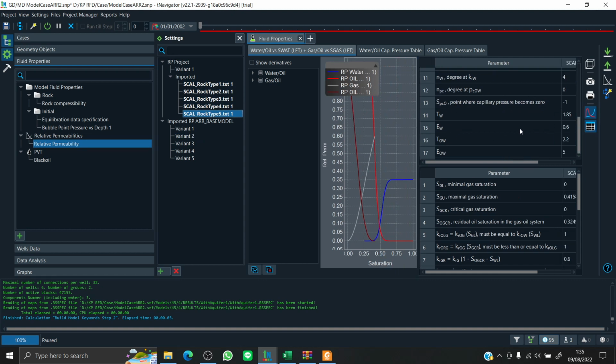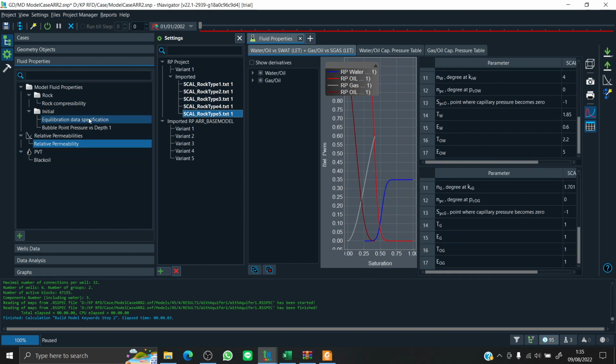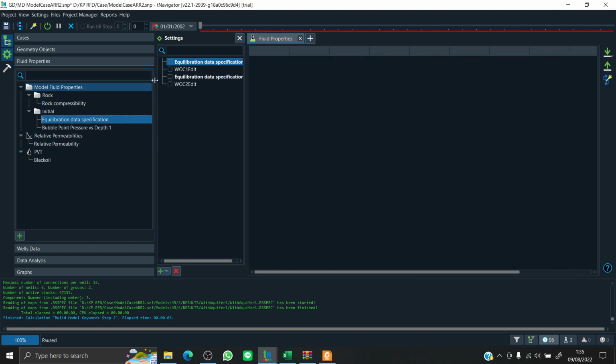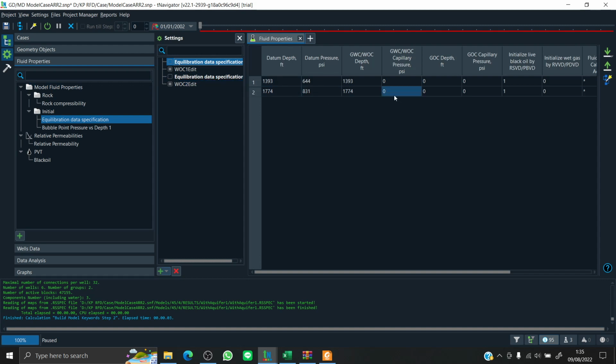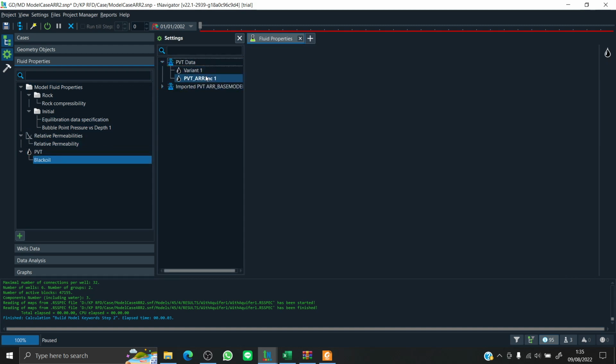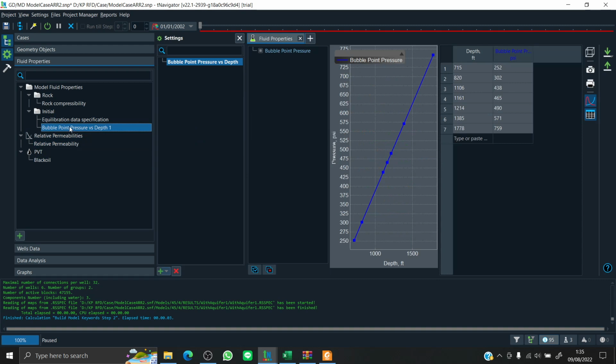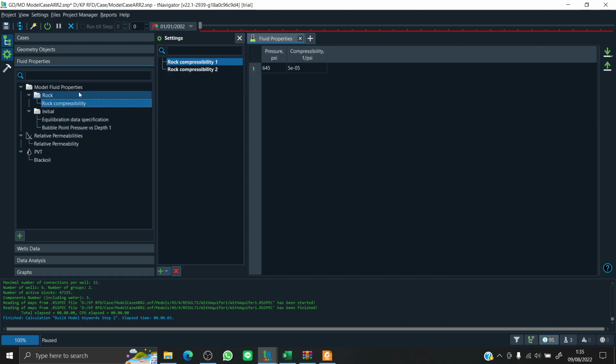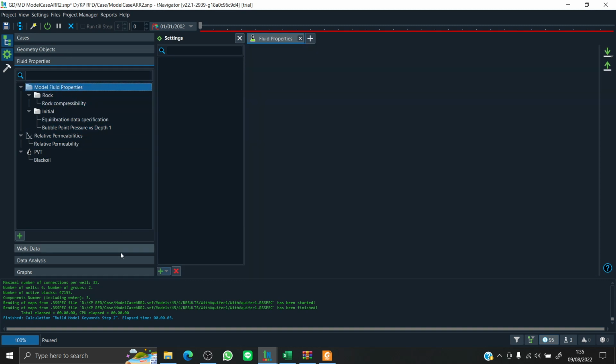So the parameters are the LET permeabilities and 2 equilibration data, because there are 2 fluid in place numbers. And there is only 1 PVT data for the 2 regions. So I think that's all I have to explain for the model.